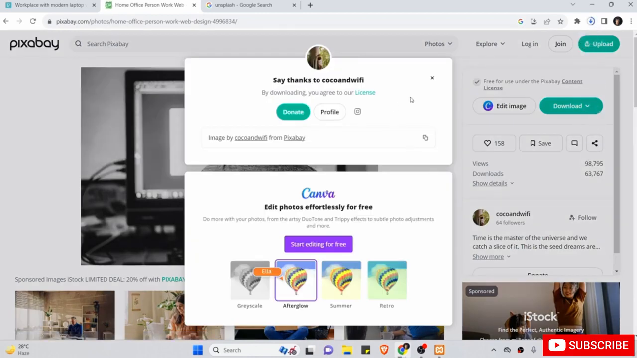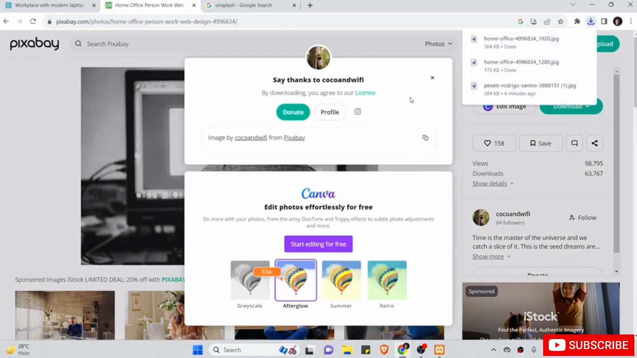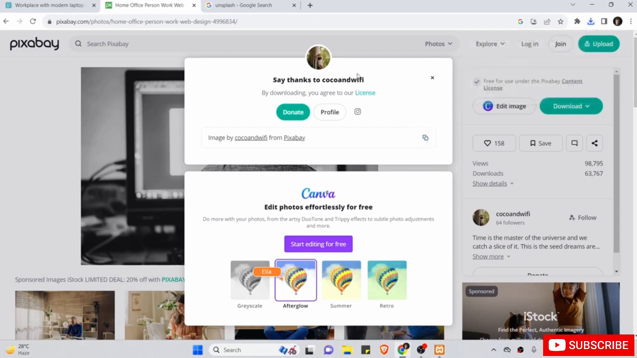And once again, every single time you download images from these websites, make sure to copy the credit, because these photographers are working really hard and they are providing you these images for free. So the least you could do for them is to just copy these credits and then post them below your images. Alright, so this was our second website,